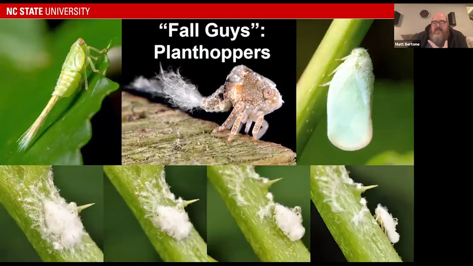Another group, and there's lots of groups out there that are really just innocent bystanders, are, for instance, plant hoppers. They may cause some kind of wax on the plants. They may look a little strange. May look a little suspicious, especially that one in the center with those funky eyes, looking like it's doing bad things. But even though they're feeding on the plants, unlike the bark lice,